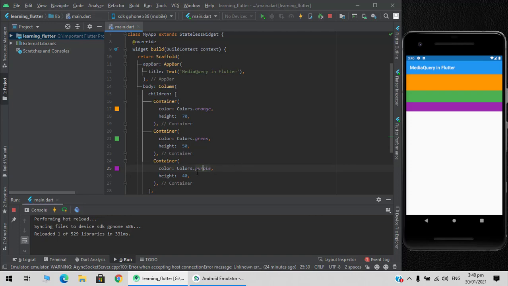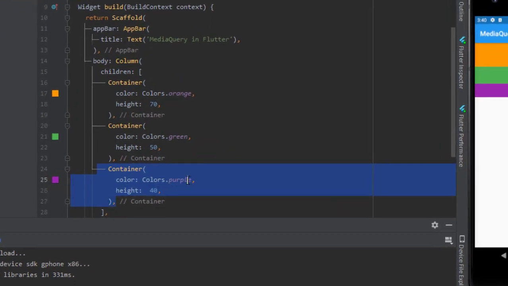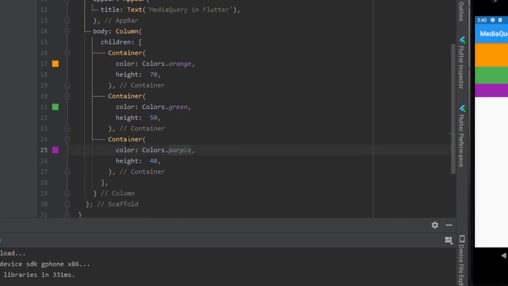Now I need this third container to grab the space that is left empty. So I have two options here. One is to add the expanded widget to it, and the other one is the media query.